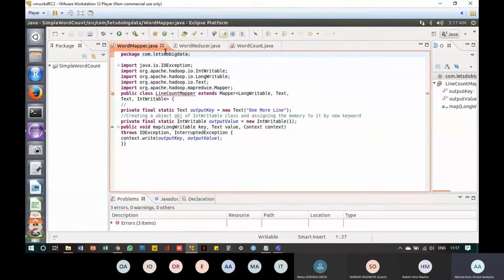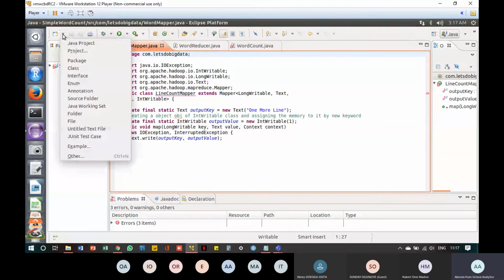I don't know if I can. So after you click on Workbench, you will have a new open space here. So let me see.